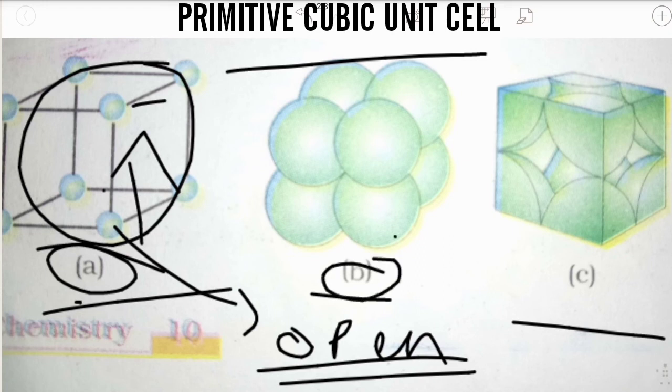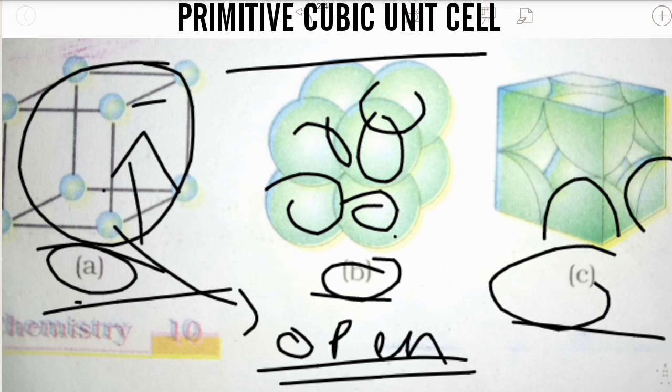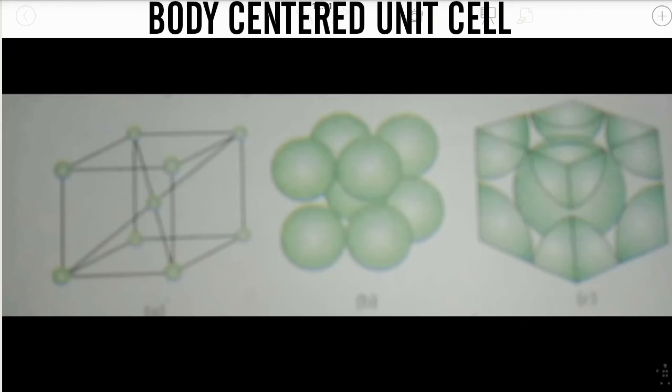Figure B is a space filling representation of the unit cell. Each unit cell is filled with space, and there is no gap between them. Figure C represents the actual portions of the different atoms belonging to one unit cell, showing the actual positions of the atoms present in a cubic unit cell.